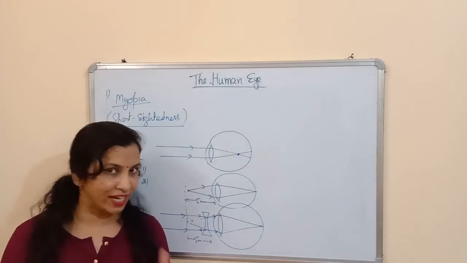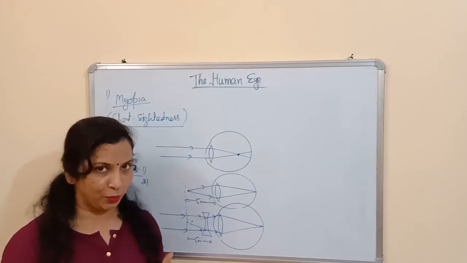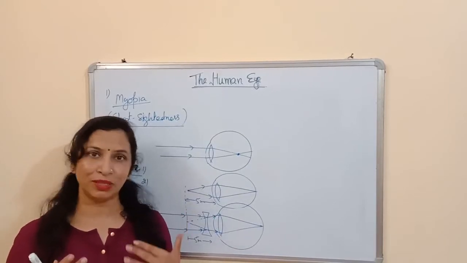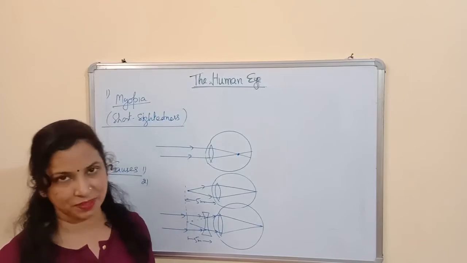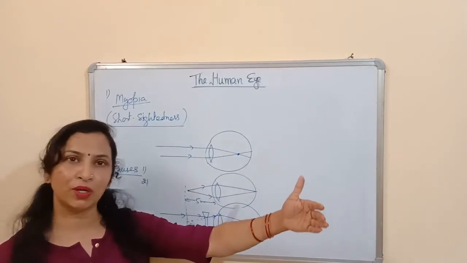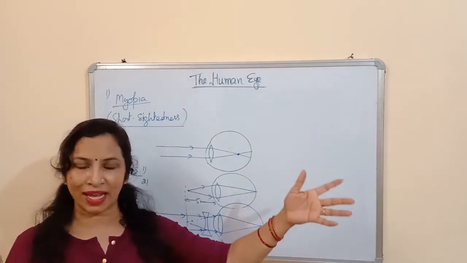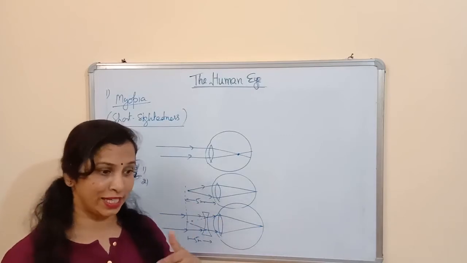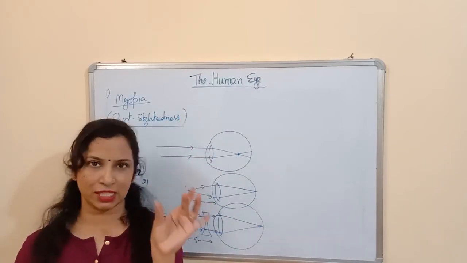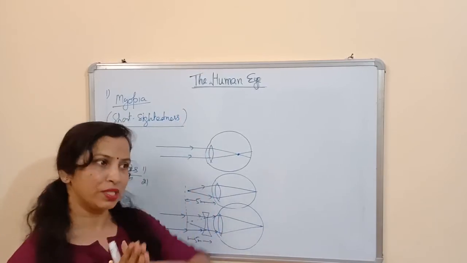So okay, let's revise the things which we have learned today. I explained what accommodation is. Accommodation means the power of a lens due to which you are able to see nearby as well as far objects. And how are you able to see the far object? You are able to see the far object because the ciliary muscles attached to the lens become relaxed, and due to this relaxing, the suspensory ligaments which are attached to the lens pull the lens, and by pulling the lens, the focal length of the lens becomes large, or we can say the lens becomes thin, so that you are able to see the far object.